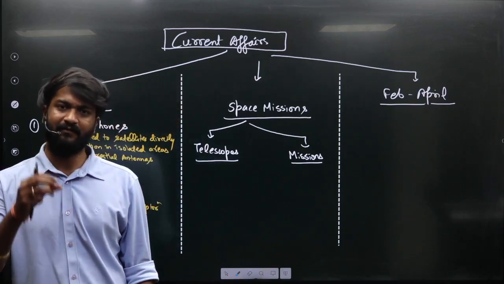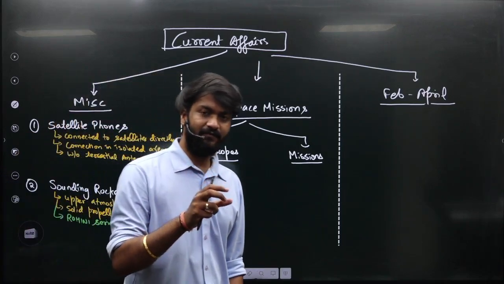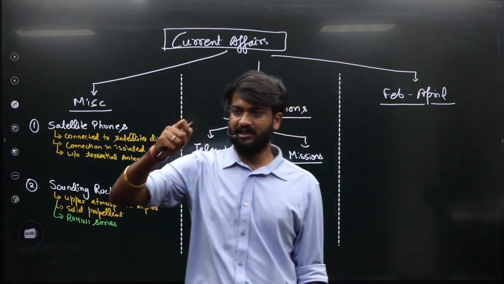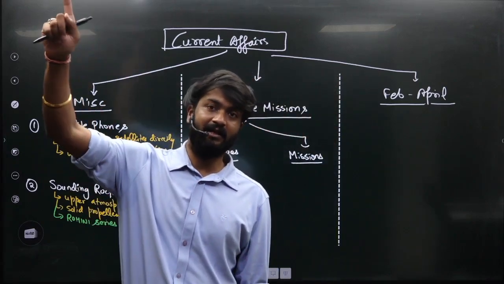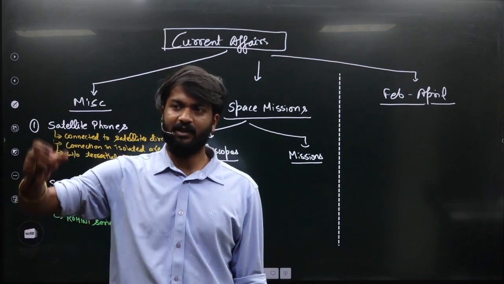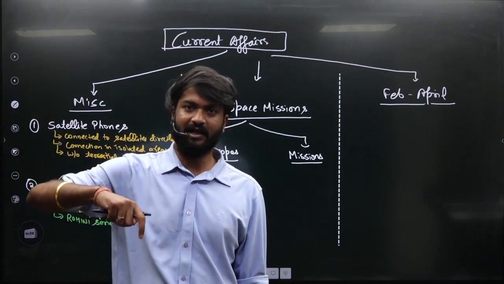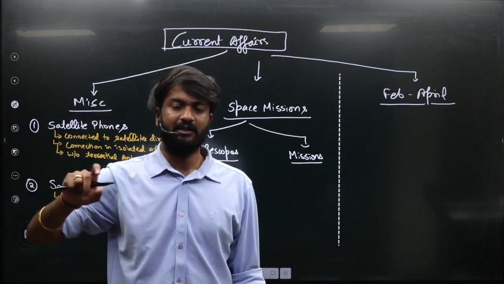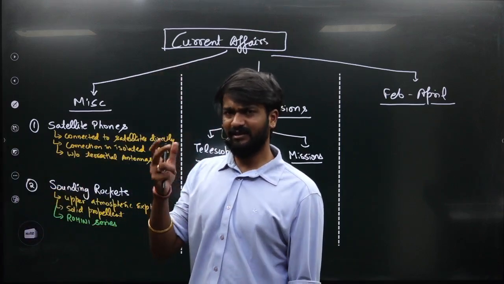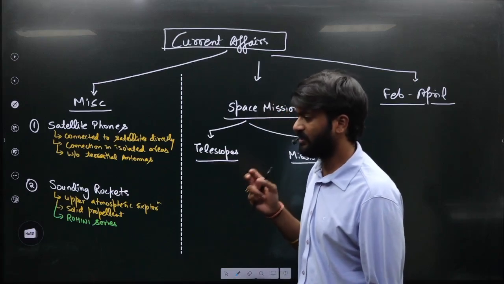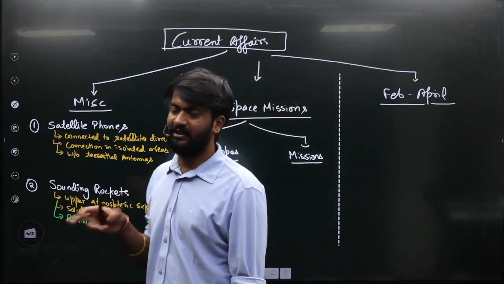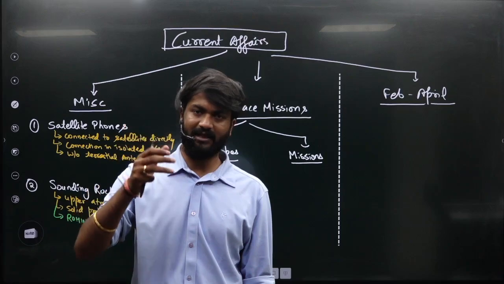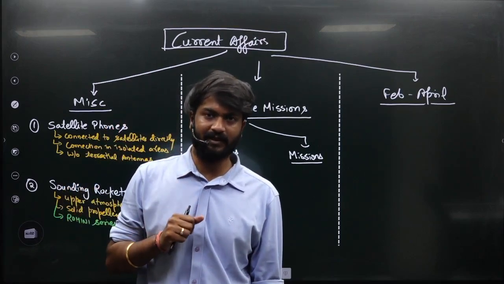Very simple, very plain. From the name only you can decode. These are the phones which are directly connected with the satellite. Generally, when you receive a signal in your phone, sir, that is not from the satellite, that is from the tower. You must have heard, so many towers are installed and the signal comes from these towers. Let's say if I talk about hilly regions, why do signals not come there? Because there are no towers, or let's say there are fewer towers in hilly regions. So what I want to say is, if I eliminate the towers altogether, if I want signals directly from the satellite, or if it is possible to get the signal directly from the satellite,